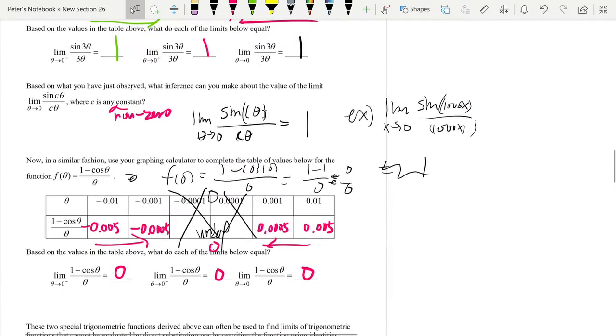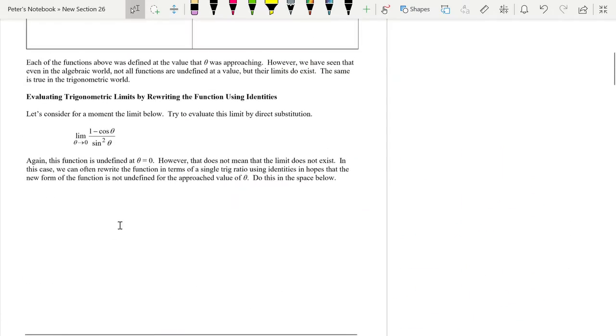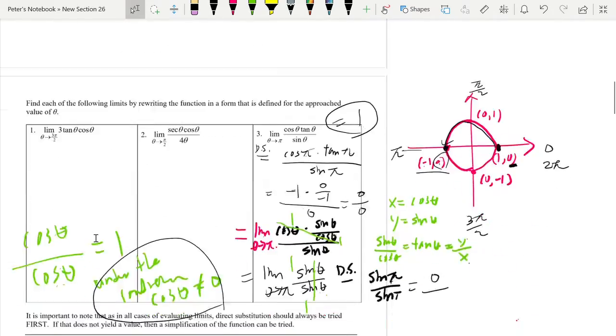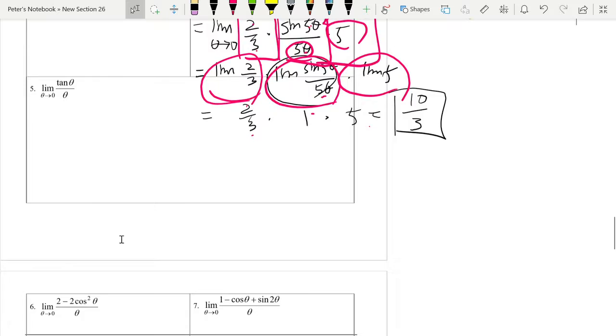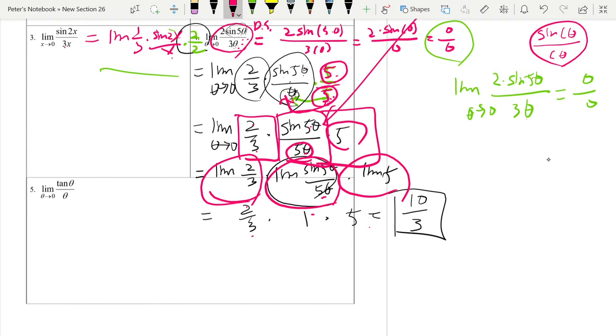Can we use one of these, or can we use a trig identity? That comes with experience, like which strategy works best for us. But at this point, I'm like, oh, this looks awfully familiar. It kind of looks like sine c theta over c theta. So somehow, if I can manipulate this, then I can find the limit of that as theta approaches zero,